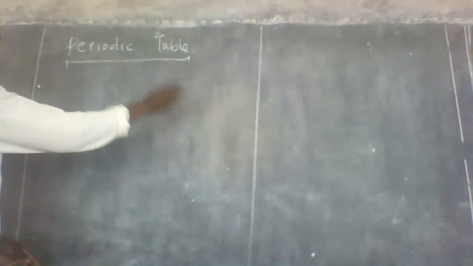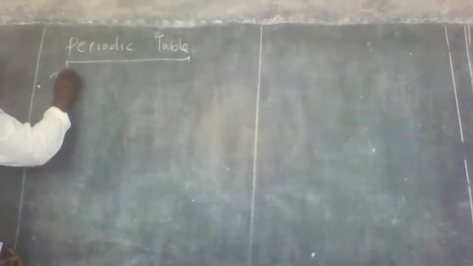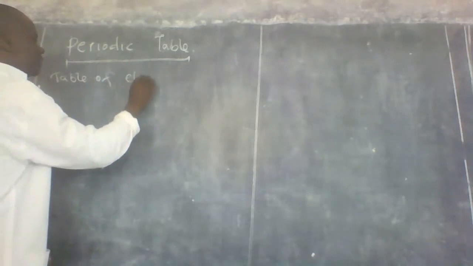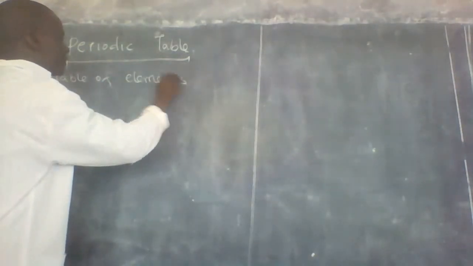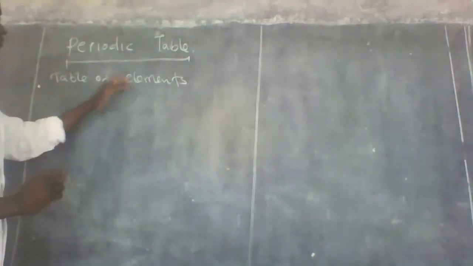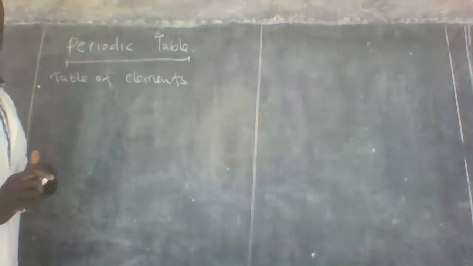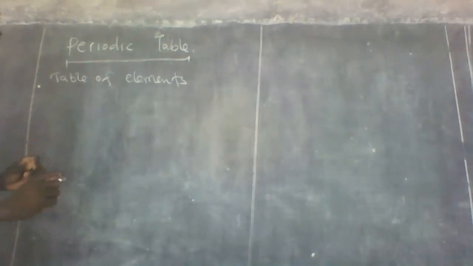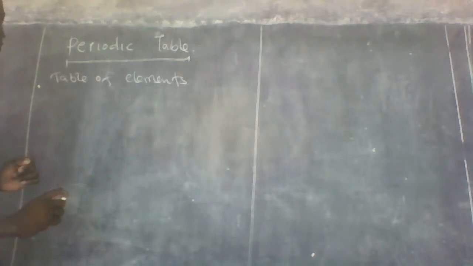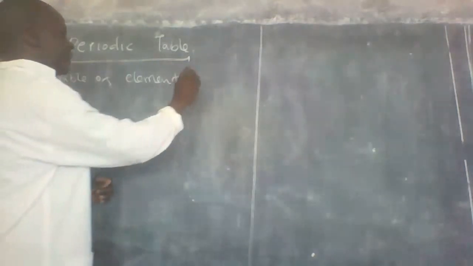Now, by definition, what is a periodic table? A periodic table is a table of elements. It's a table of elements, but now what do you find on that table? You find the elements. Now, what pattern do they use to put these elements on the periodic table? They follow what we call atomic number. So what is a periodic table? A periodic table is a table of elements